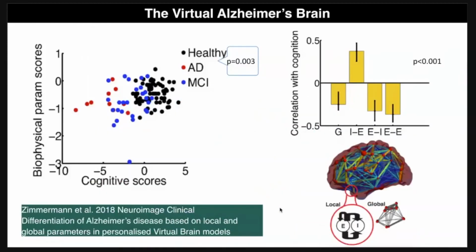So here I show you a study with the virtual brain on dementia. Here data were used from the Sydney Memory and Aging cohort. Each of the dots again represents a patient, either healthy control, Alzheimer's disease, or mild cognitive impairment. And in the study it has been shown that the biophysical parameters inferred from the model are predictive for the cognitive scores. But even better, one now can attribute changes of individual parameters with a biologically plausible interpretation to the changes of the cognitive state.